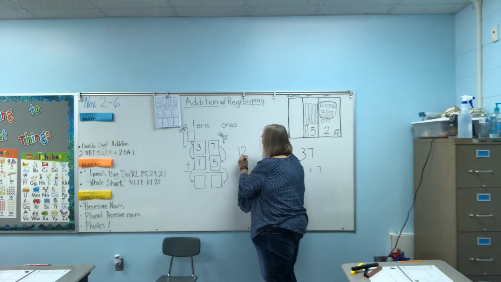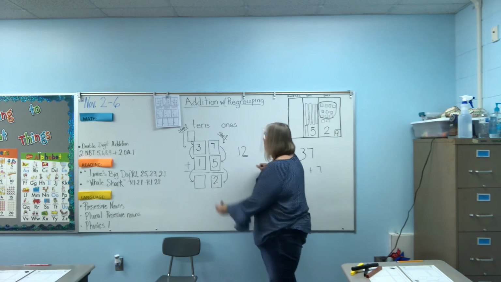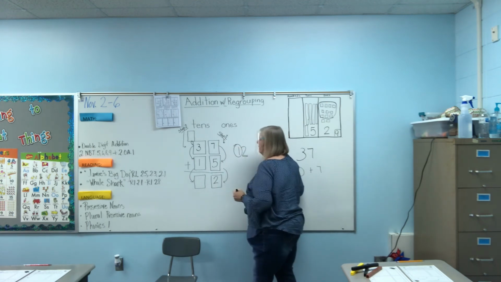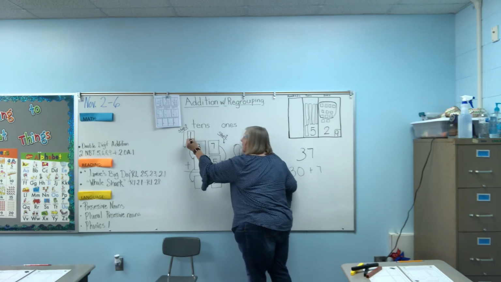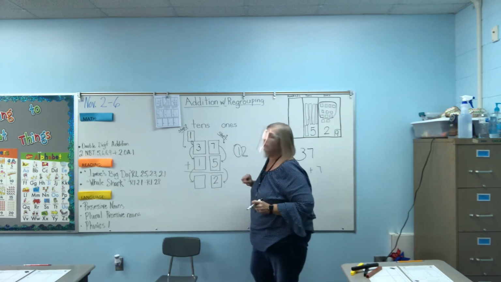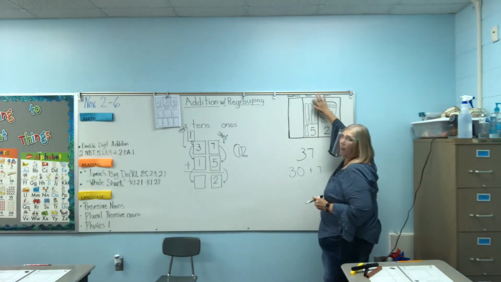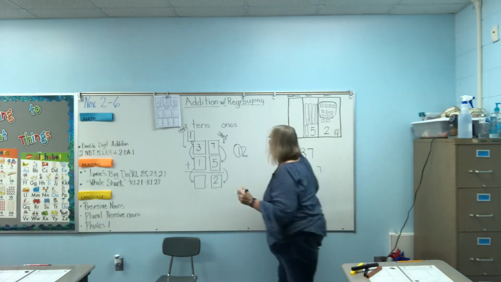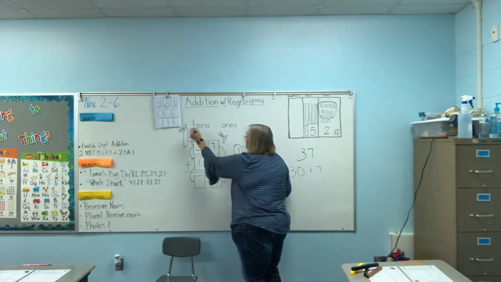So all we can put in is the 2. And then what will we do with this number 1? That's right, we're going to put it over here. Now why do we put it over there? It's now in the what? The tens column. Alright, so now we're going to put that down there and then this up here,